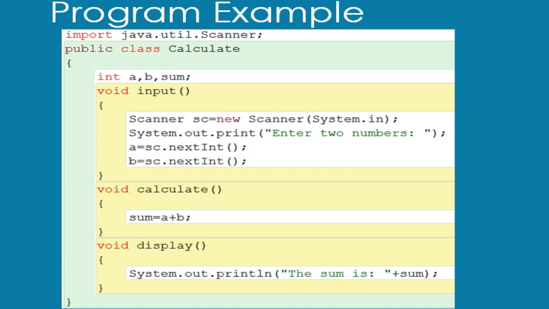Each and every method will be executed separately in BlueJ. So it is not necessary that you have to execute it together like a normal program. You can partially execute the functions. Okay, so we will show you how to do that. So void calculate, where it will calculate the sum, that is a plus b, and then finally you have another method called display, where you can display the output. So you can divide the program into 3 different parts.